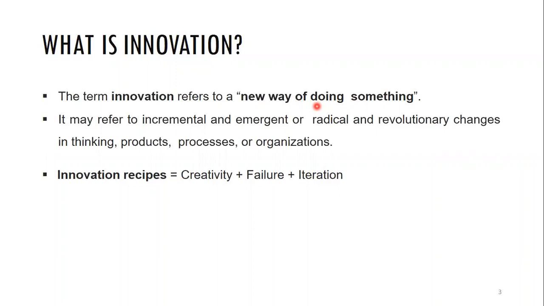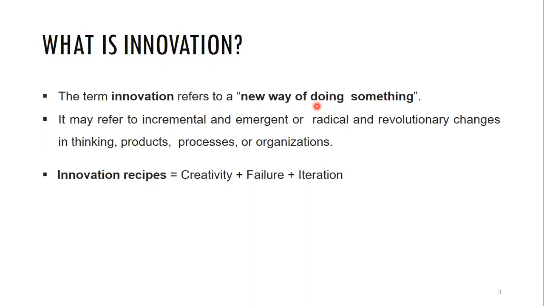Incremental innovation is an innovation that seeks to improve existing systems and products to make them better, cheaper, or faster. Radical innovation is focused on developing revolutionary new technologies. You have to highlight the keyword here, and that keyword is new. So radical innovation is focused on developing revolutionary new technologies, markets, and business models that change the world.